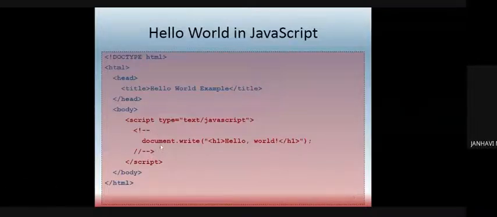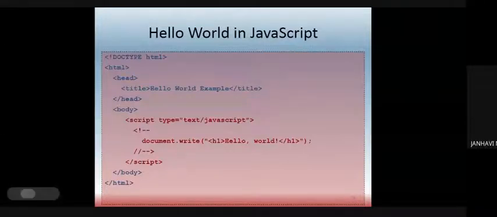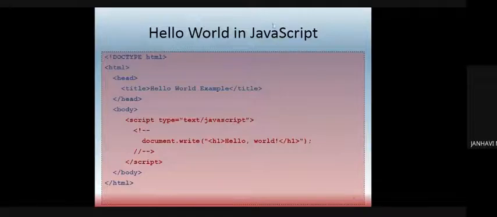After that, what I've written is document.write. Inside the round brackets, I've included a header, h1 opening, h1 closing, and I've written hello world. So this is the text that will come when you run this particular file. So what does document.write do? Document.write is the property in JavaScript which helps to display the statement onto the output screen. Like we have printf, like we have cout, that helps to display things. In the same way, in JavaScript, we have document.write.